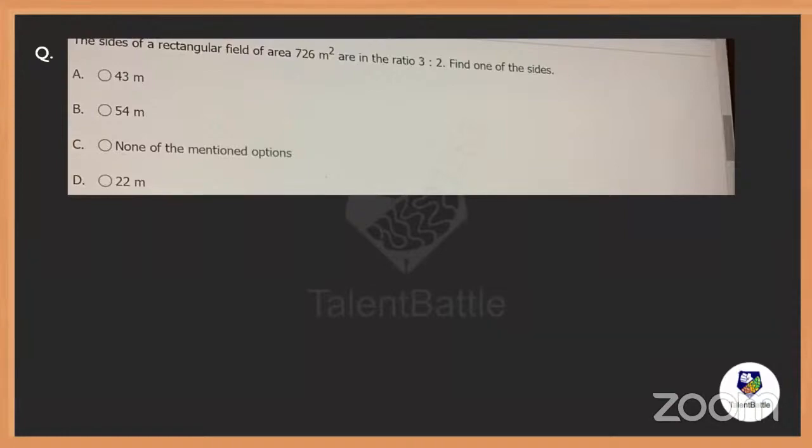Any answers, please? Any? It's a good question actually to solve.